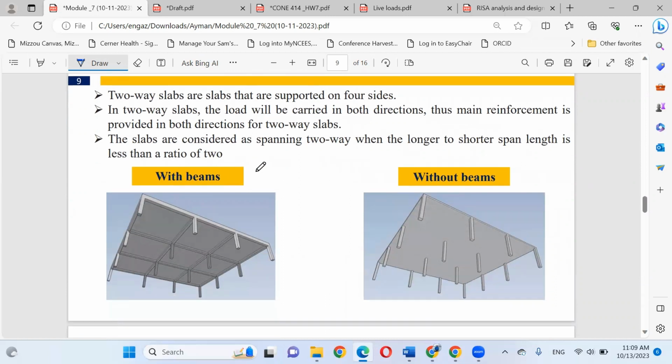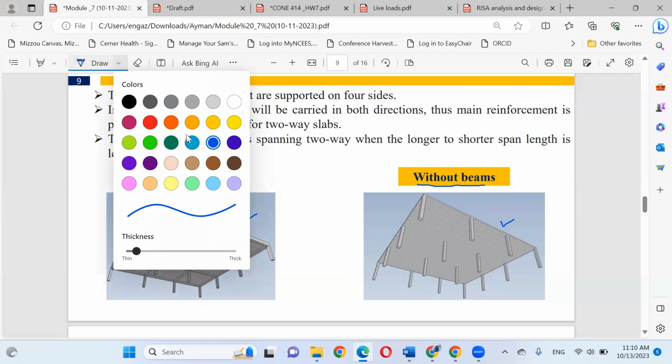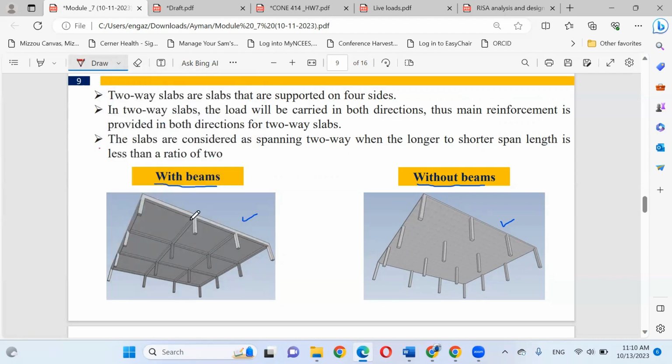Two-way slabs: sometimes your slab will be with beams, sometimes your slab without beams. If you look at this photo and this one, we have two techniques for two-way slabs. Sometimes we will provide beams between columns.